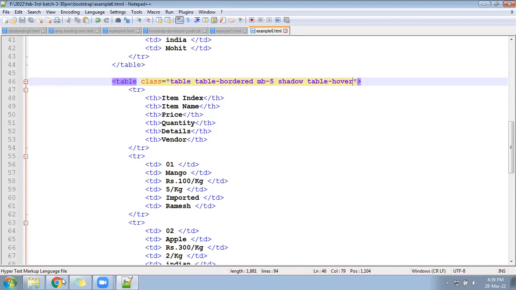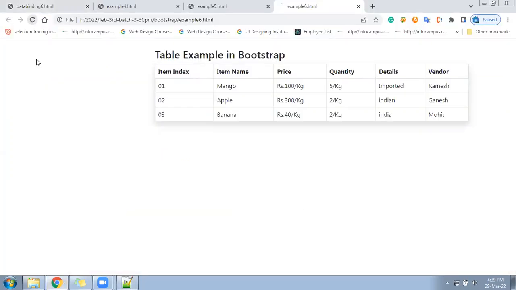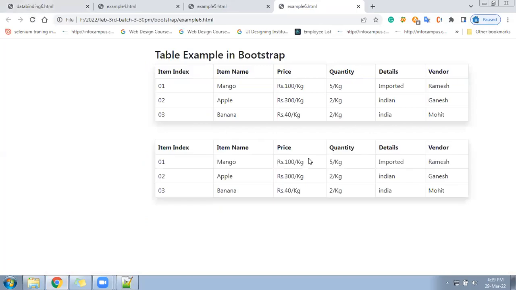Come to the browser and see once. Once you move the mouse here, some kind of color combination will change. Hope you can see that. The background color is changing. That is called hover.